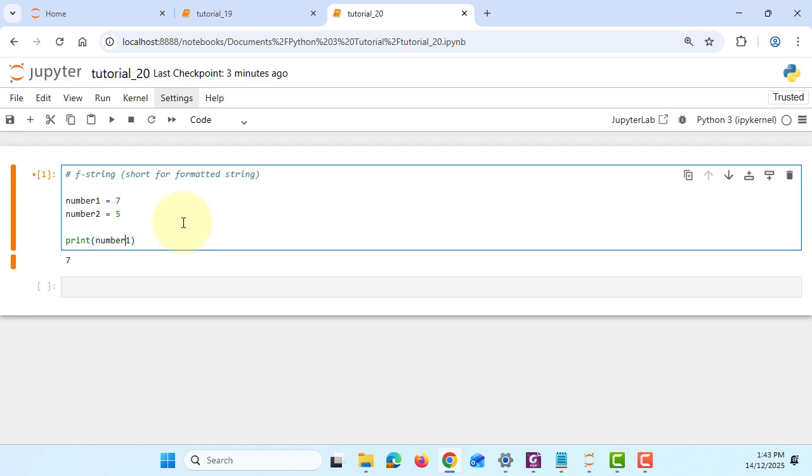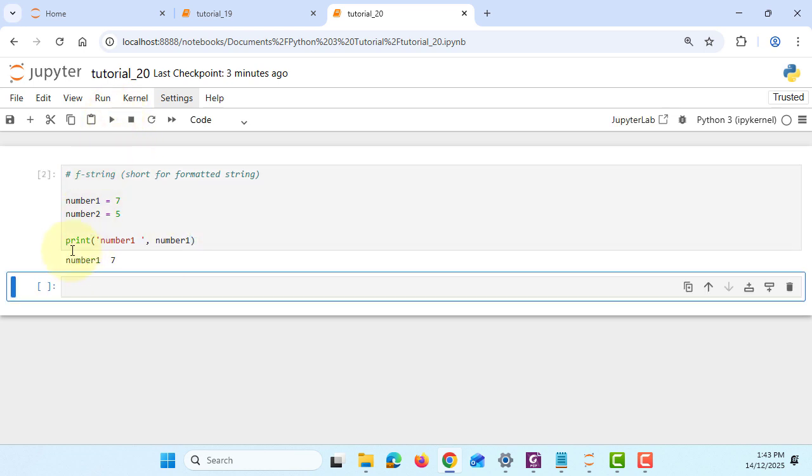Here you may like to say, normally we use single, okay, number with one space is number 1. So you will say number 1 is a string value and then print the value 7. Okay, so if you're coming from C, maybe this is what you prefer to use, but in Python we can